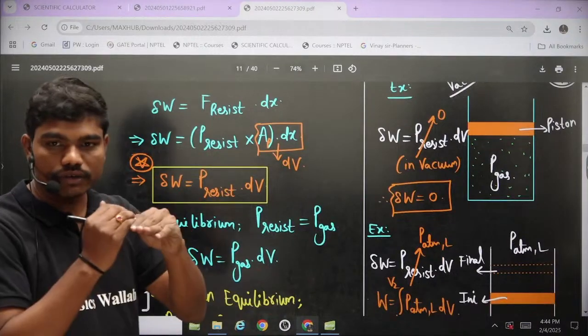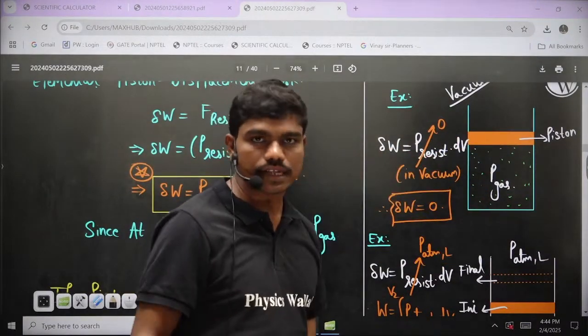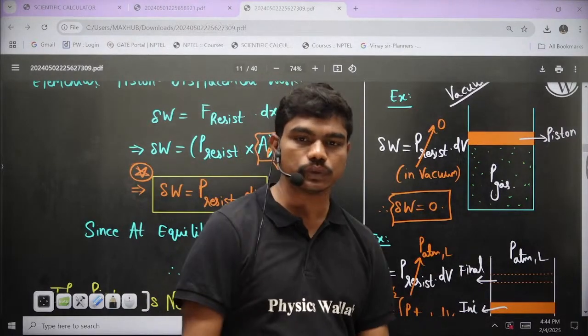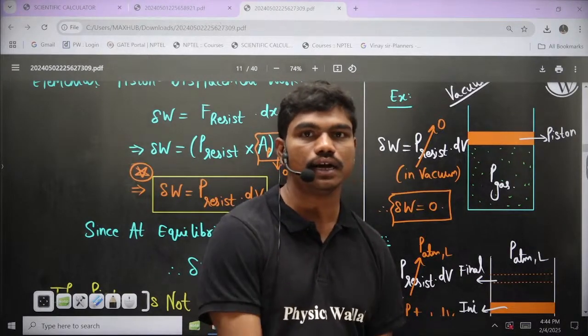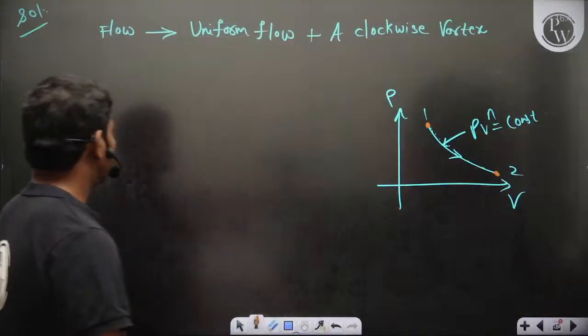And obviously if you are moving quasi-statically, then this pressure and this outside pressure become equal, because for thermodynamic equilibrium you should have mechanical, chemical, thermal, and also what is the other one? Mechanical, thermal, chemical equilibrium, and phase equilibrium. We should have these things. Okay, chalo. Anyway,